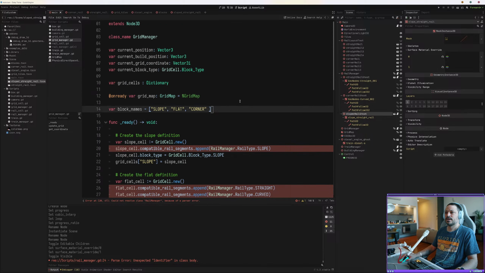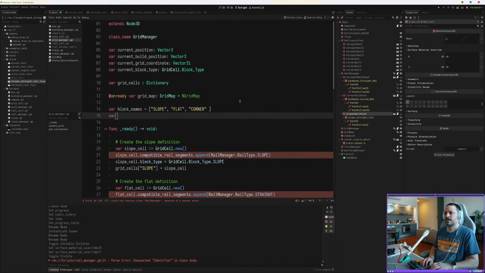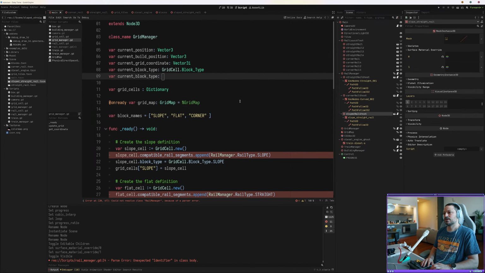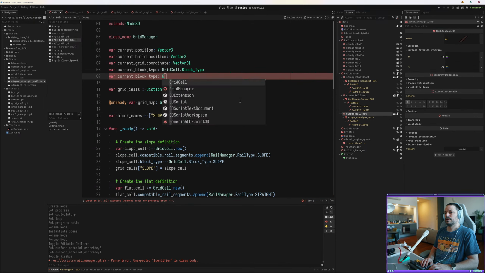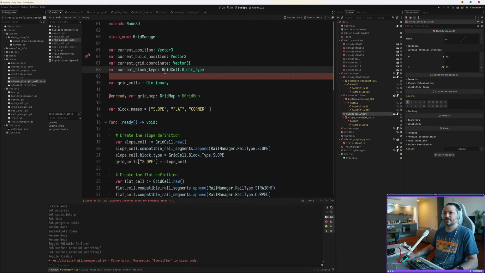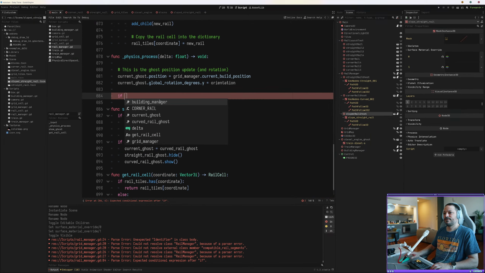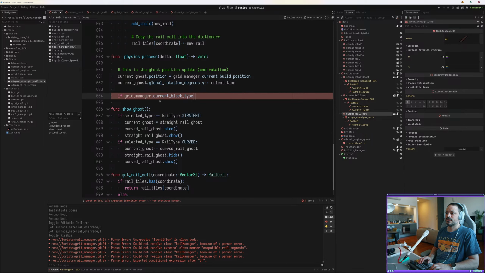We're going to need to have a var current block type, which is just going to be a, oh, this literally already exists. Okay. If grid manager dot current block type is equal to grid manager dot grid cell dot block type dot slope,